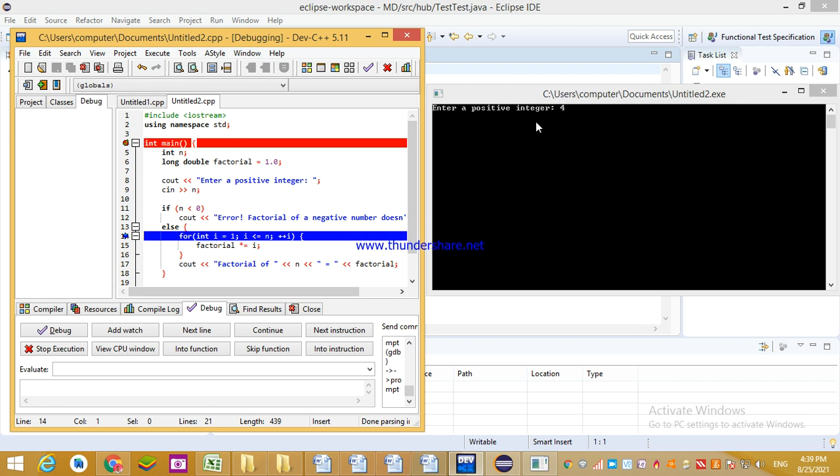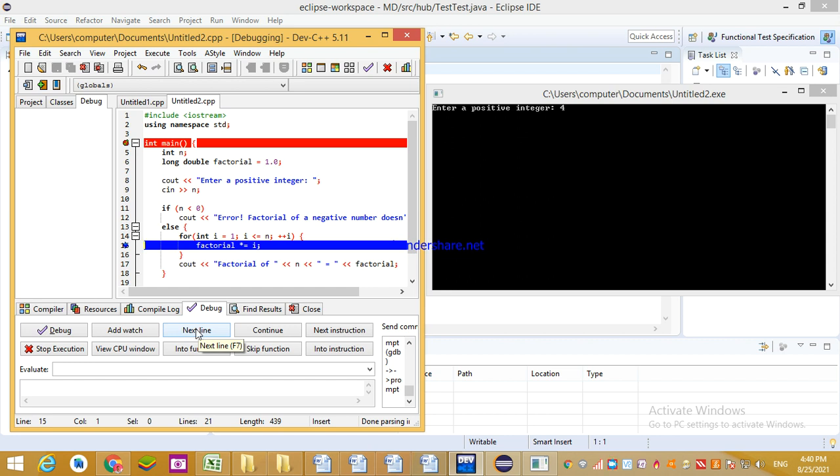Is there anything that happened over here? No. It is checking, because the value of n is 4. It is checking 4 over here, and 4 over here. If the condition does not satisfy, then it will move out of this for loop. Otherwise, it will remain in this for loop. What is the value of n now? 4, right? Okay.